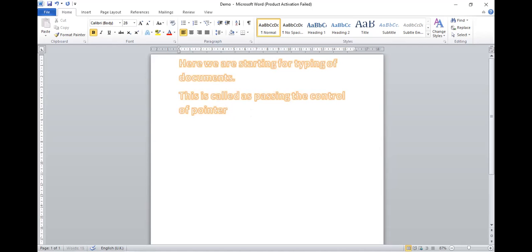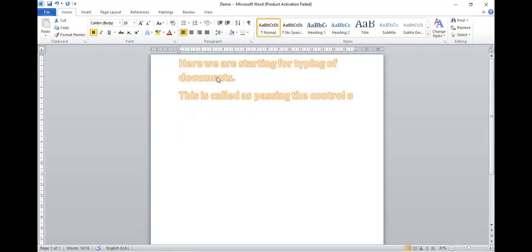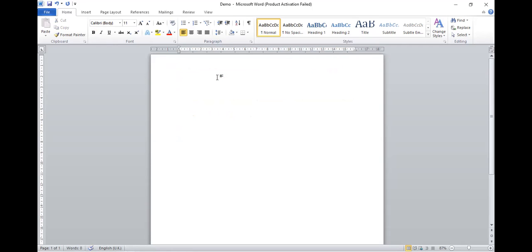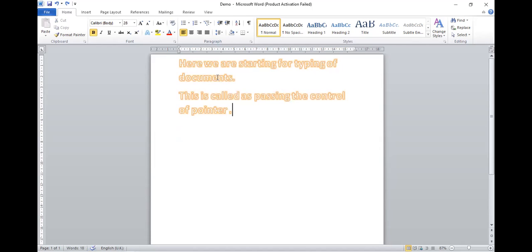One, you can use the backspace key to delete the text. The other method, you first have to select it: select the whole text with Ctrl A, or directly double click on that text. Select all the text, and then just press the delete key, and you can see the whole text we have deleted. So these are the two actions to delete the text. Again, Ctrl Z cancels the last two actions.